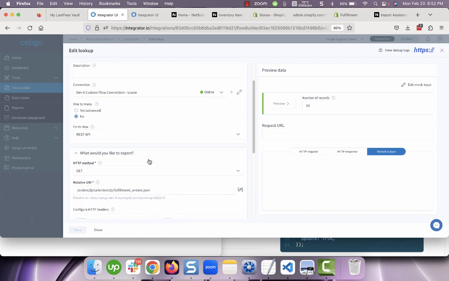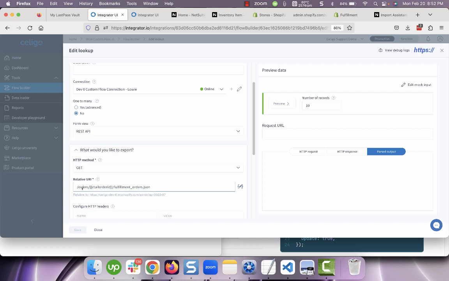With the REST API, I'm calling the order slash and then the specific order ID coming from the previous step, and then slash fulfillment orders to get the fulfillment orders array from Shopify, because we're going to need the fulfillment order ID and line IDs from that array. So if I preview this,